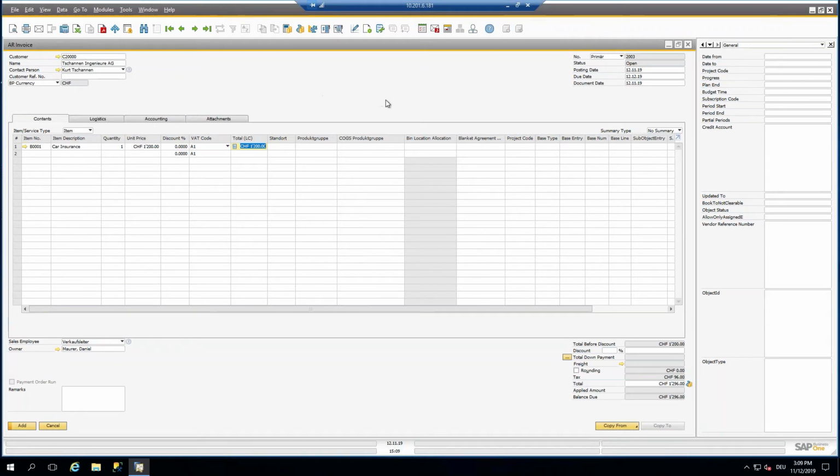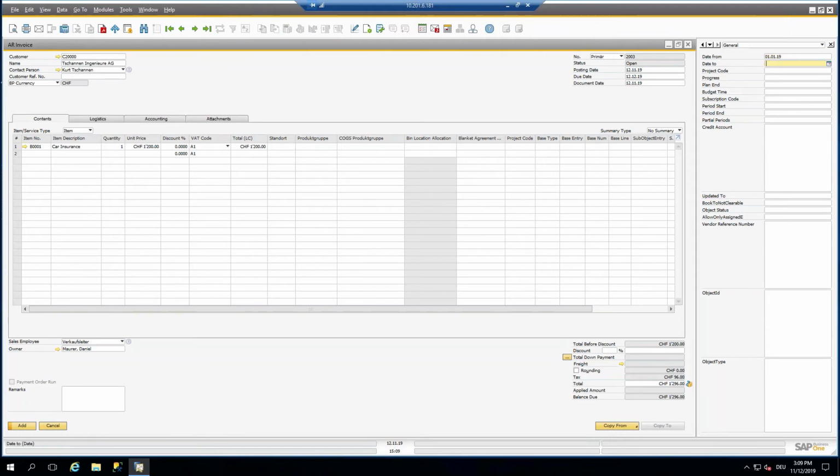And now we have the possibility to make the split that I have mentioned regarding the revenue. And how can we do this? We can do this by using the user-defined fields. That's why I have enabled them on the right side. And here you can see those two, date from and date to. By filling in a date here, I can define in which months the booking wizard should then split the